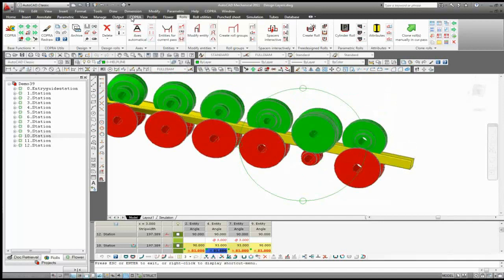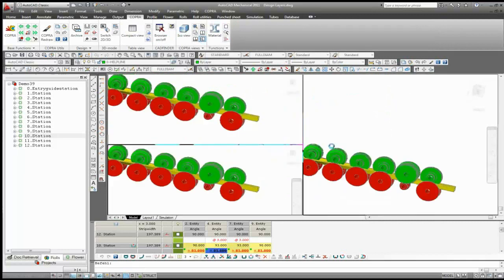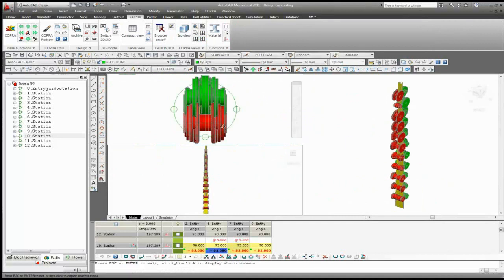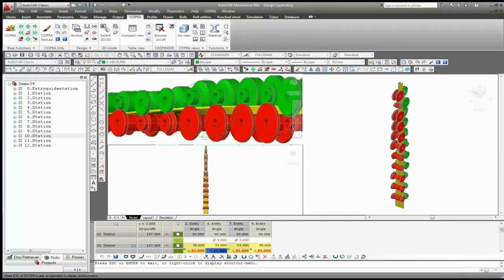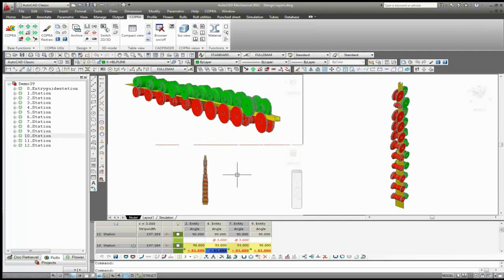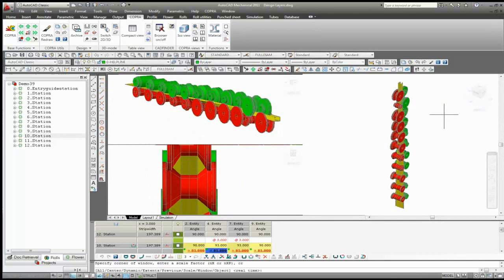If you would like multiple views, we can use the tabs here in COPRA. And of course each can be controlled independently. And here we can view from the top. And if you want to see a perspective view,